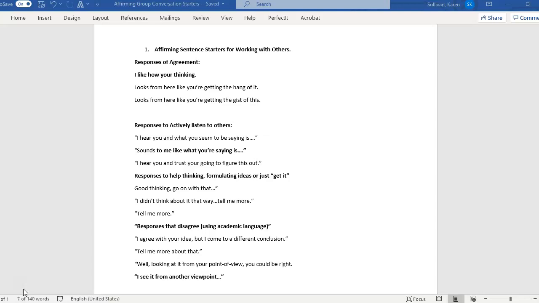Or if you just really disagreed with their choice, you could say, I see it from another viewpoint. I see it this way. So those are just some suggestions on how you might talk to each other when you're actually giving verbal feedback.